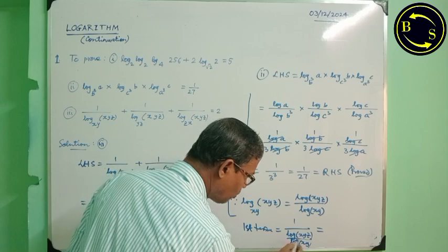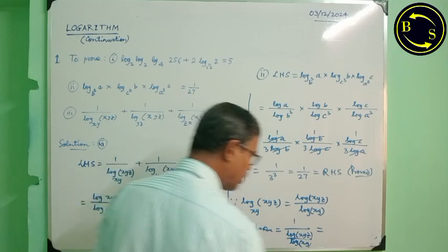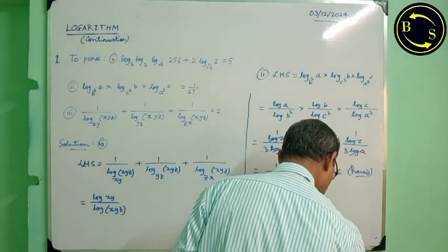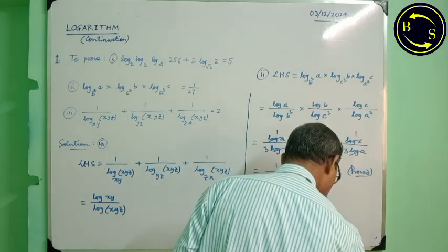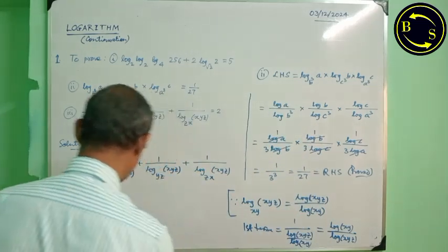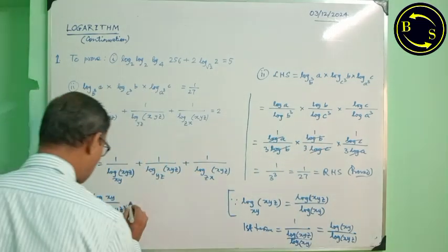Now log of xy is the denominator of the denominator, therefore this will be log of xy by log xyz. I have used this one, plus